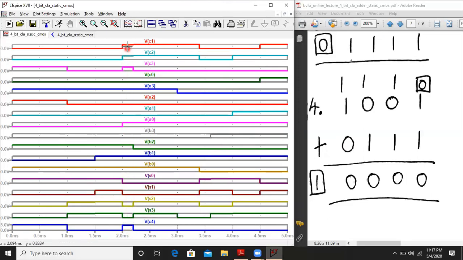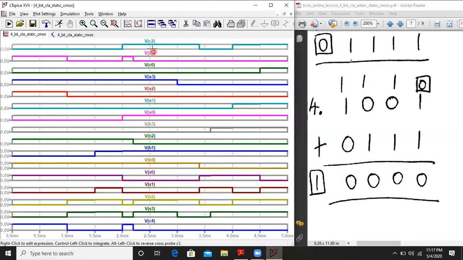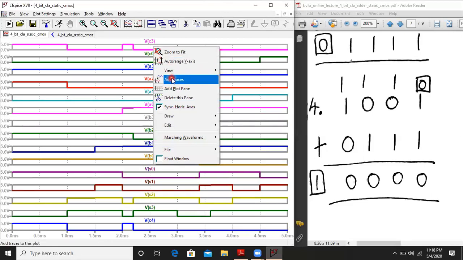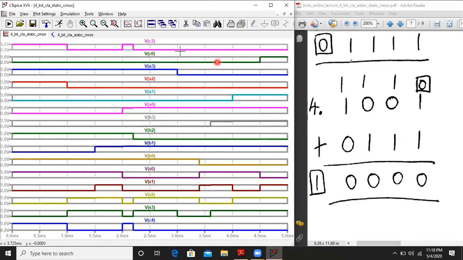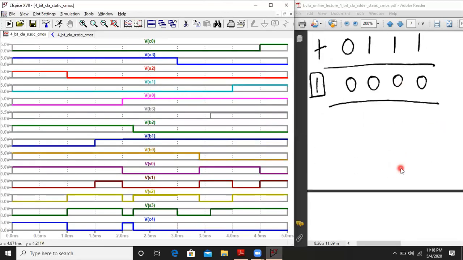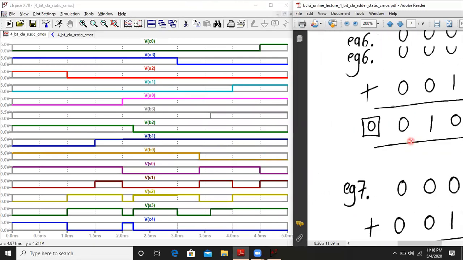In this case, C1 is generated, C2 is 1, and C3 is also 1, and C4 is also 1. So indeed, this 1, 1, 1, and C4 is also 1. All of them are verified. Now you can also check it, and I can delete this. So we have verified the C1, C2, C3 bits also. It's working fine. Okay. Now let us check one more condition. We will check all the conditions.